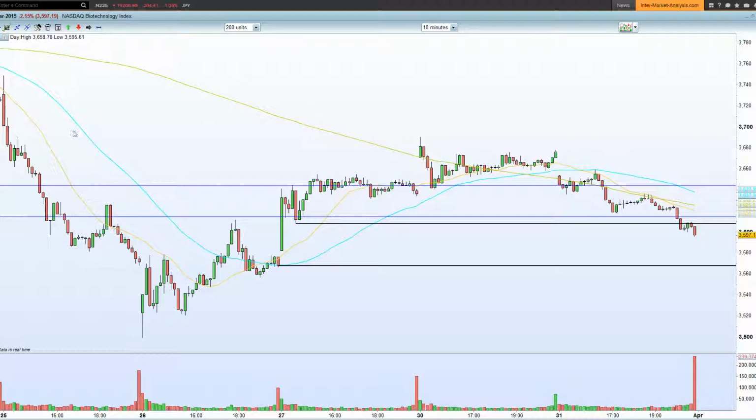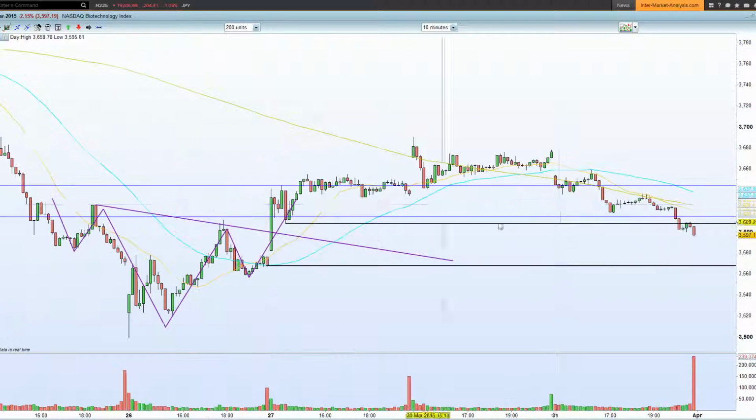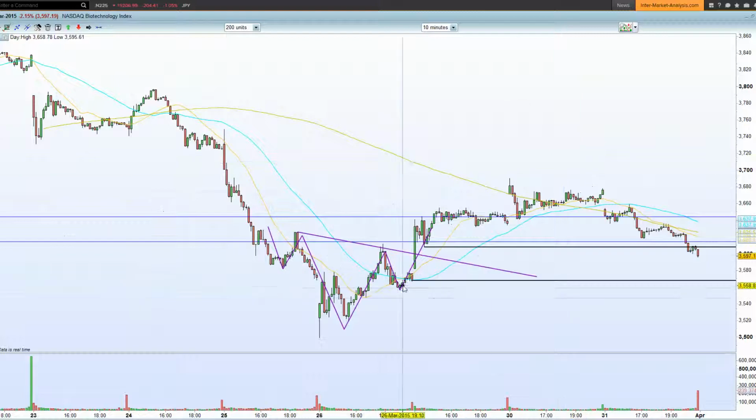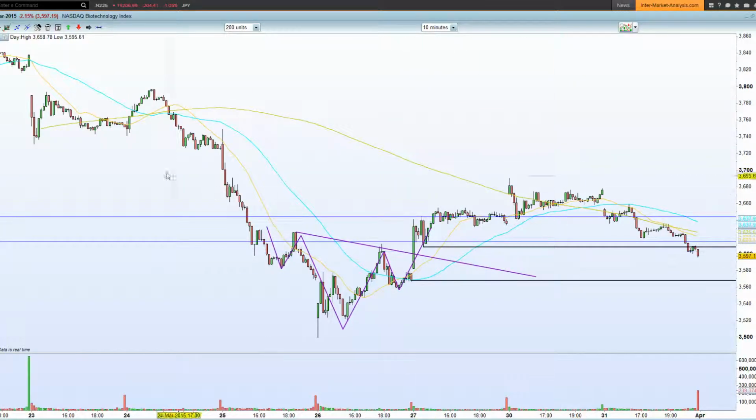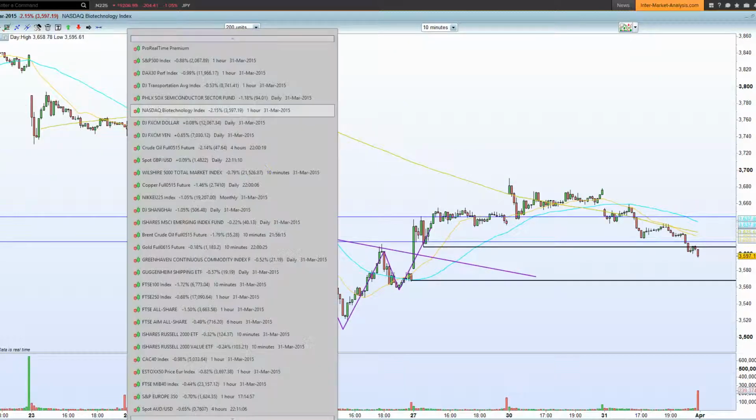Now we did have the inverted head and shoulders formation on the bio stocks, which played out pretty well, and we do seem to be potentially retesting that as well. The pivot low there was 3500, the pivot high was 3620, so you're looking at a 120 point move, so you're looking at 3740. Certainly the target hasn't been met, and that is a target that potentially needs to be met, and obviously a potential move higher beckons. With regards to the biotechs, they certainly are the weakness, and that needs to be observed.